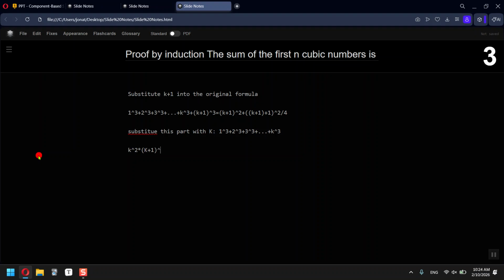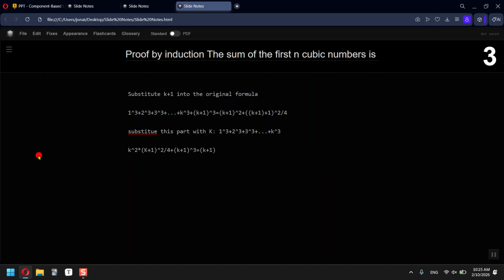Let's simplify it to k plus 2 squared divided by 4. Okay. So